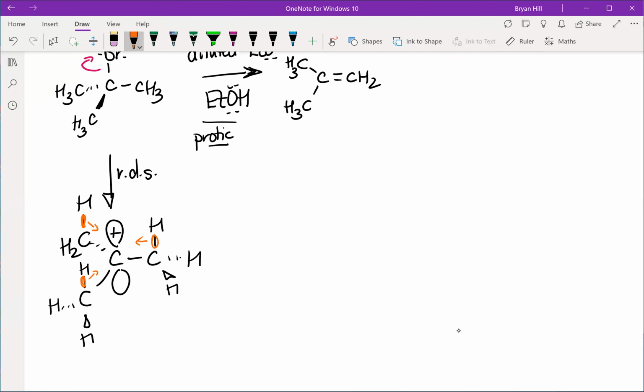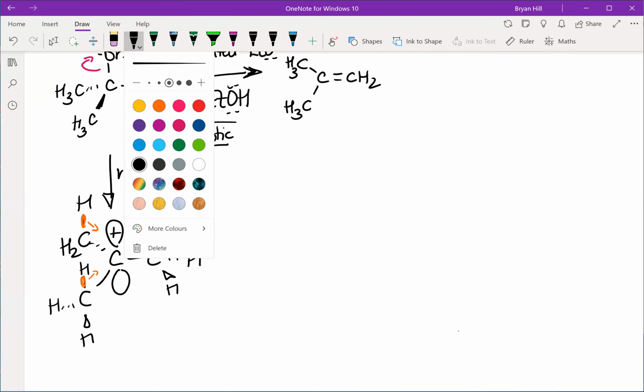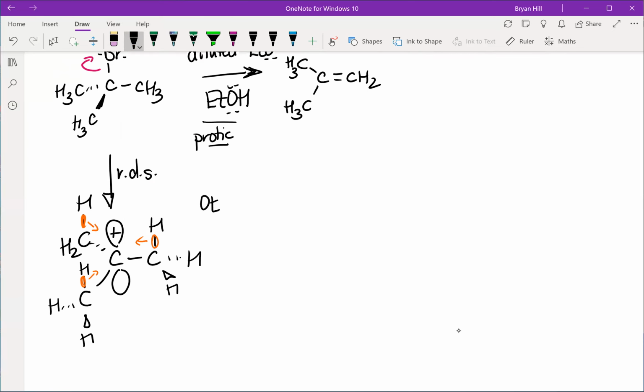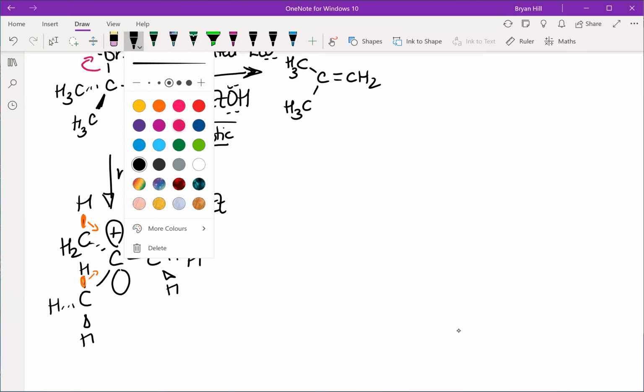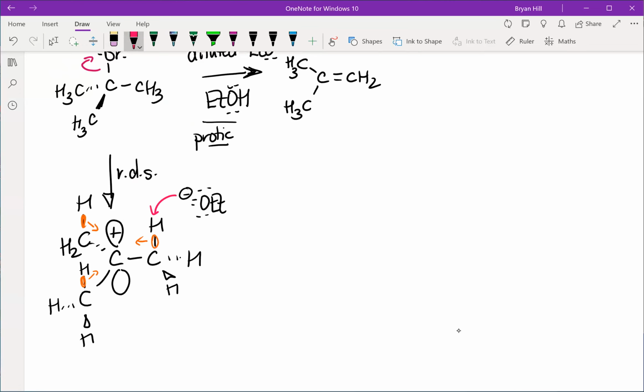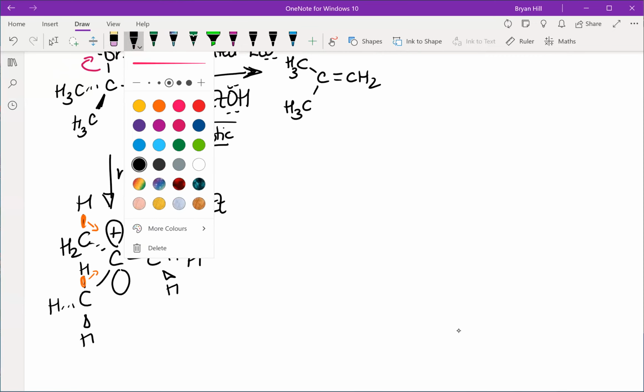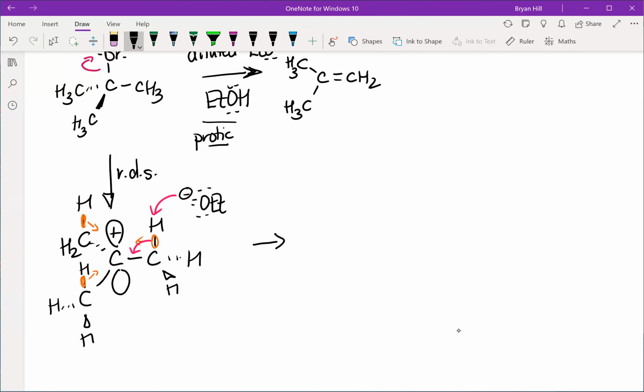Then our base will come along eventually and grab that proton. Electrons go there, and then that forms our final product. Now, in this case, I had three methyl groups, so there is no